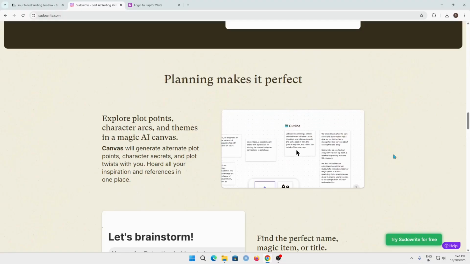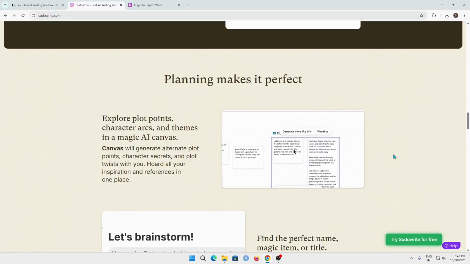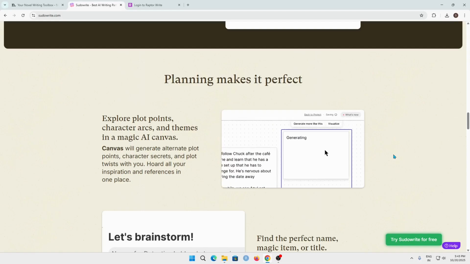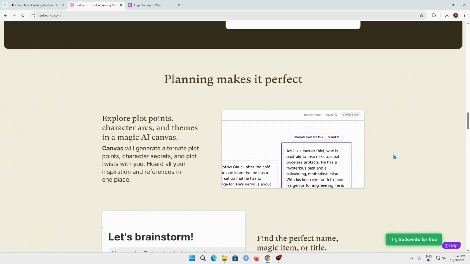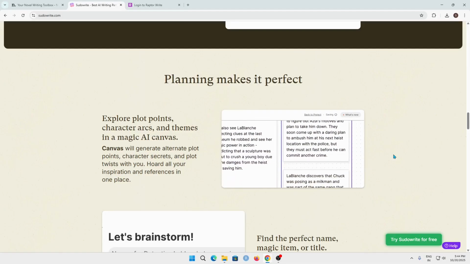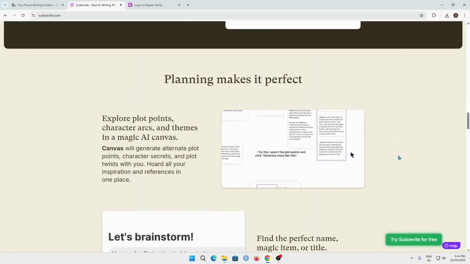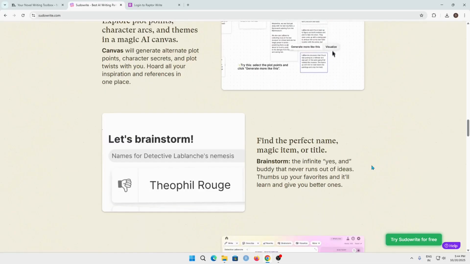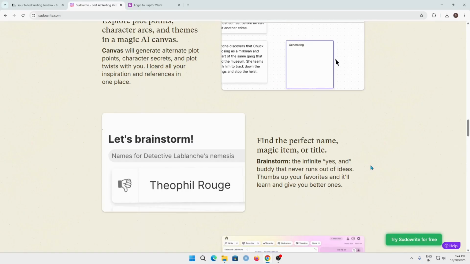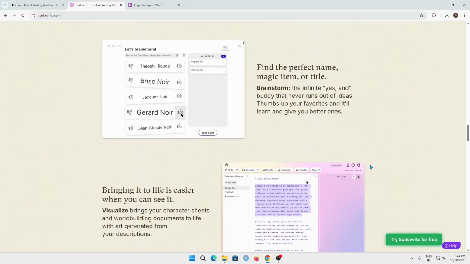Then you can just craft those ideas, give your outline and the characters' description to this AI tool, and the AI will work it out for you and create the characters for the story. And also you can brainstorm in this AI tool, which is quite impressive.